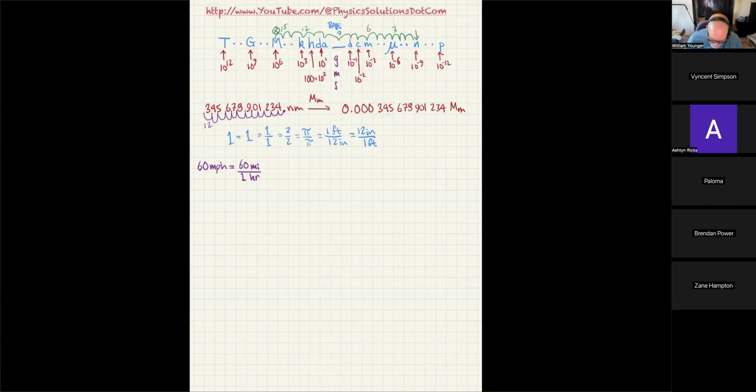And I also want to point out that the number 60 is actually being multiplied by the mile, and the number one is being multiplied by the hour. That's something that you need to sort of get right in your head so that you'll understand how this factor label method works. Now, what I'm going to do is convert it to meters per second, and I'm going to do it using quantities that I know are exactly correct. By doing that, that means that whatever number I put in, if I have 54 sig figs in the number that I put in, then by doing it this way, I will get 54 sig figs out.